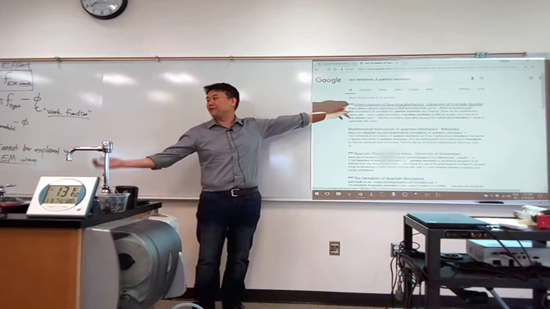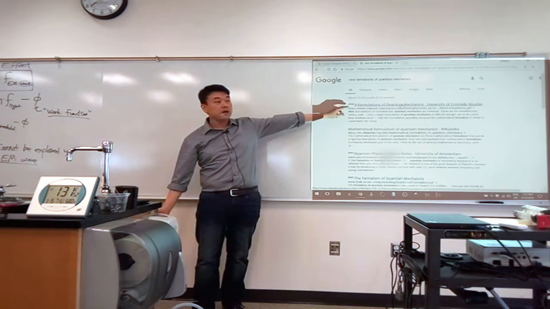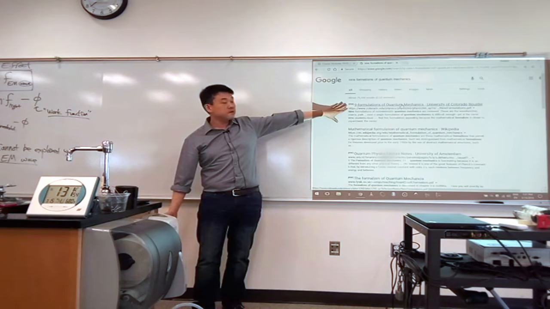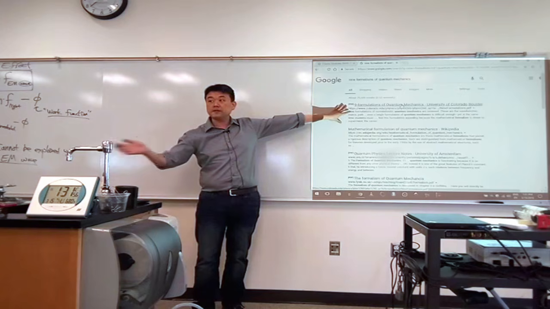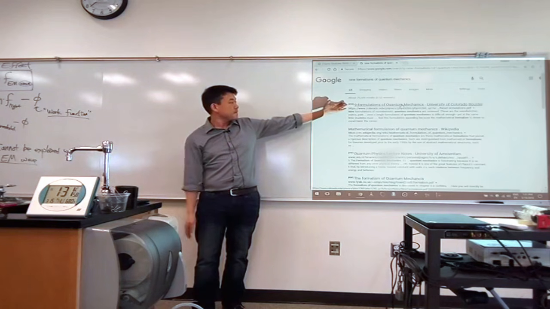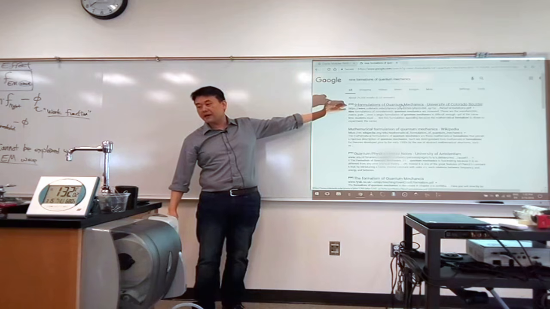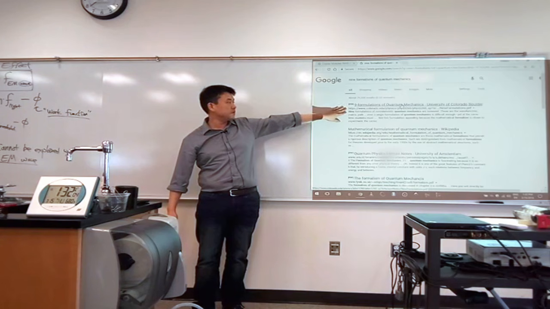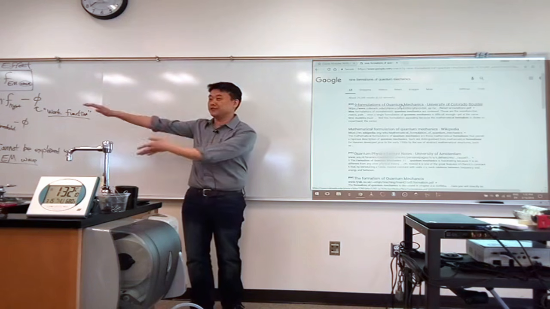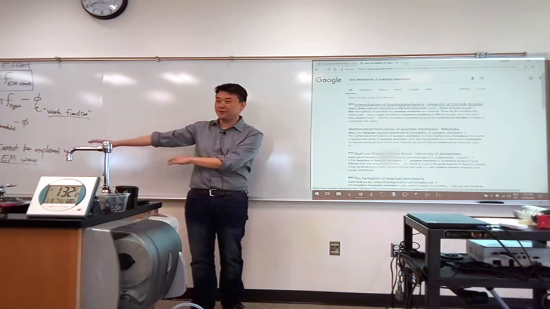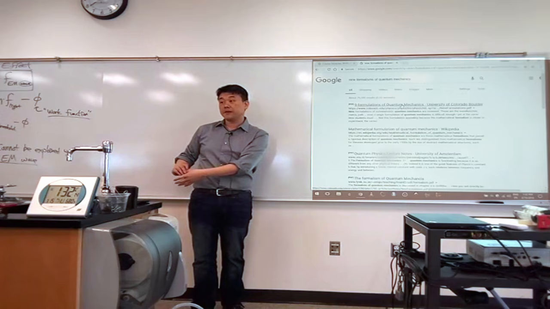There aren't nine formulations of special relativity. But with quantum mechanics, there are many different ways of expressing it because there are aspects of it that just deeply disagree with our classical intuition, and there's no easy way to simply explain it. Here, use this Lorentz transformation, and everything will be fine. There's nothing like that for quantum mechanics.